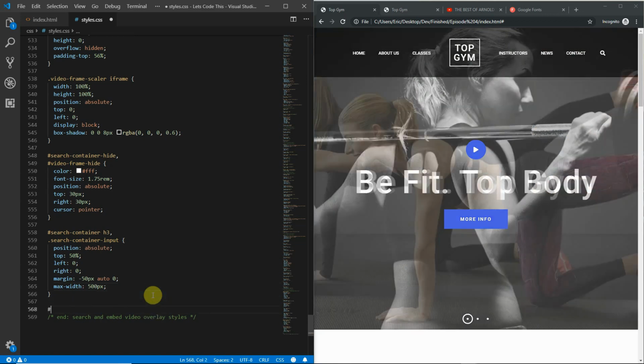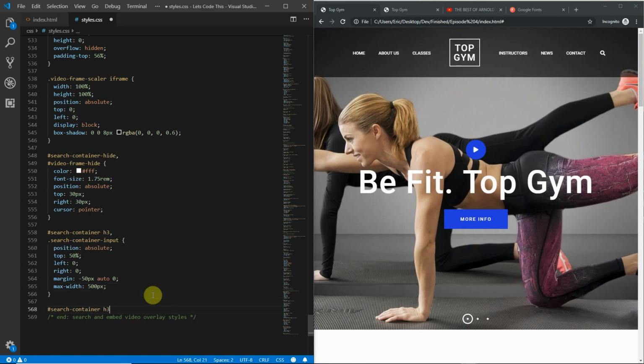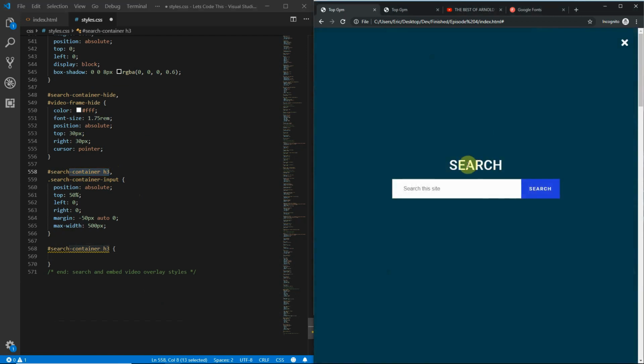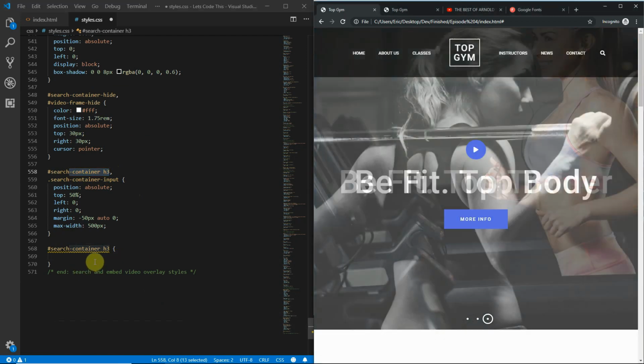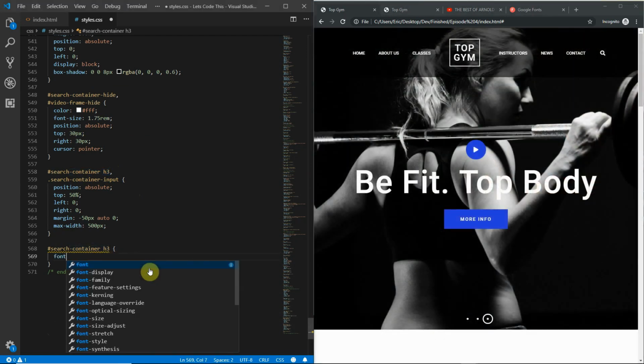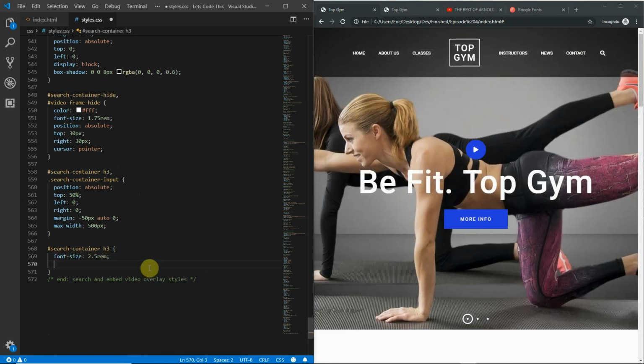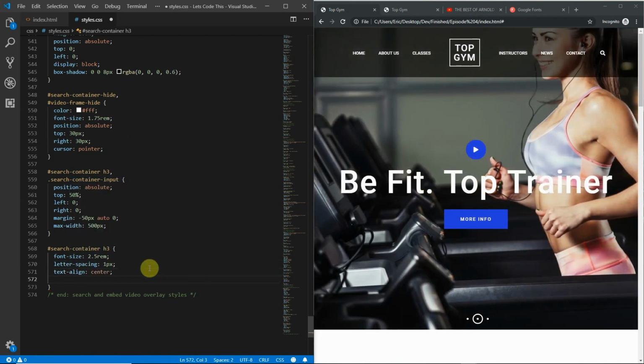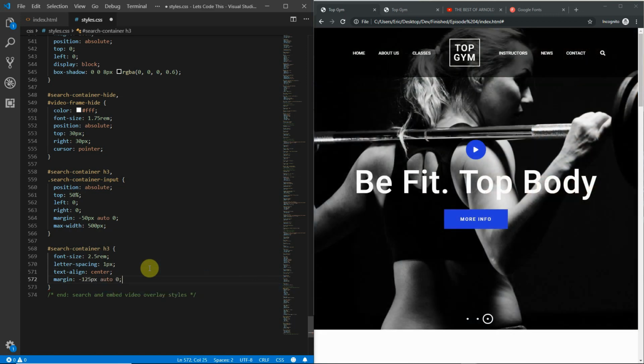Underneath that, we'll do search container, and then the H3, which is actually that word, I think it was search. Yeah, this word search here. So we'll just target that by itself now, and we'll say font size 2.5 rem, letter spacing, bring that down to 1 pixel, text align center, and then margin -125 pixels, auto 0,